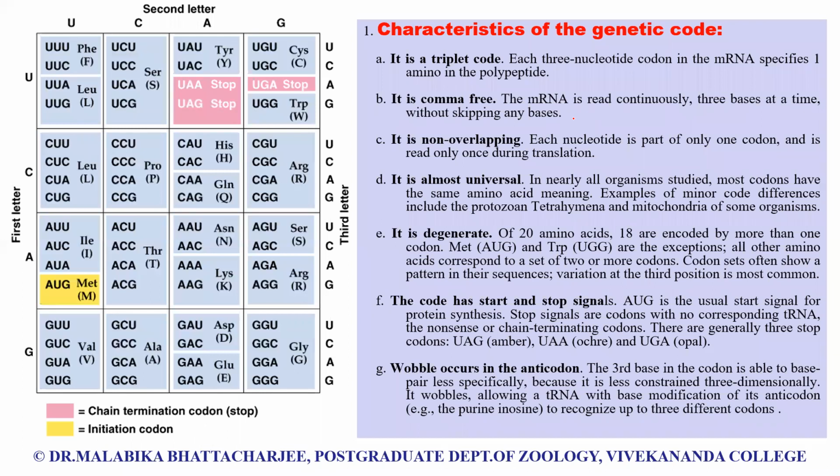But the exact relationship of these 64 codons, as I said, the combination can be 64 combinations. So the exact relationship of these 64 codons to the 20 amino acids was experimentally proved in the laboratory of Marshall, Nirenberg, and Khorana, who shared the Nobel Prize in 1968 for their work. Now, when we talk about this beautiful genetic code, which is unique and universal among all organisms,